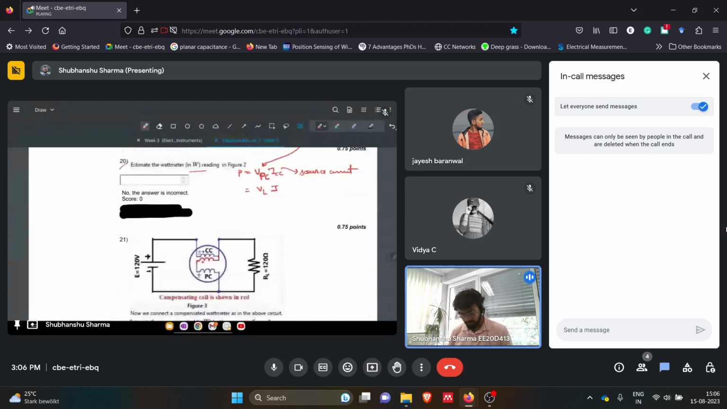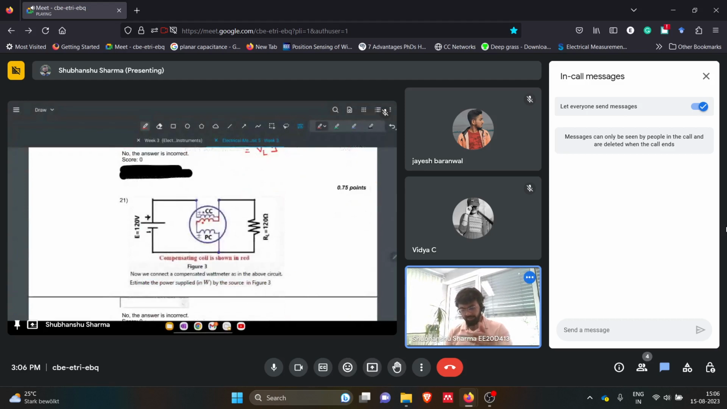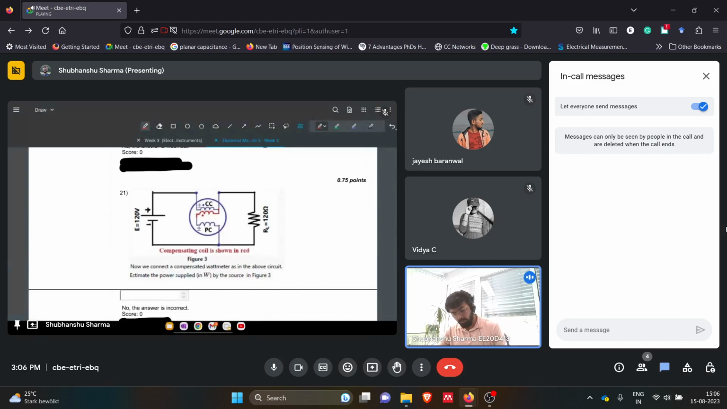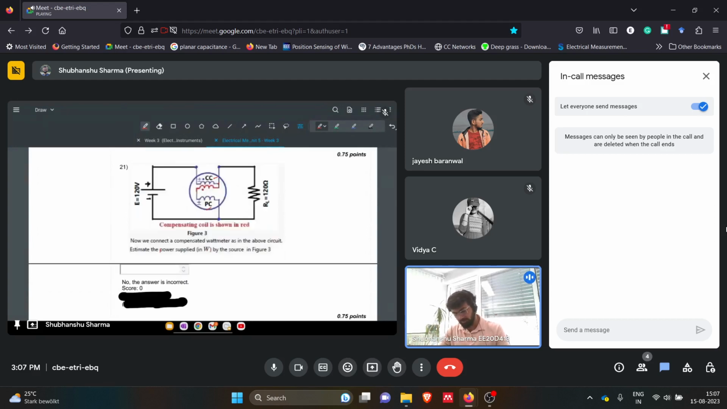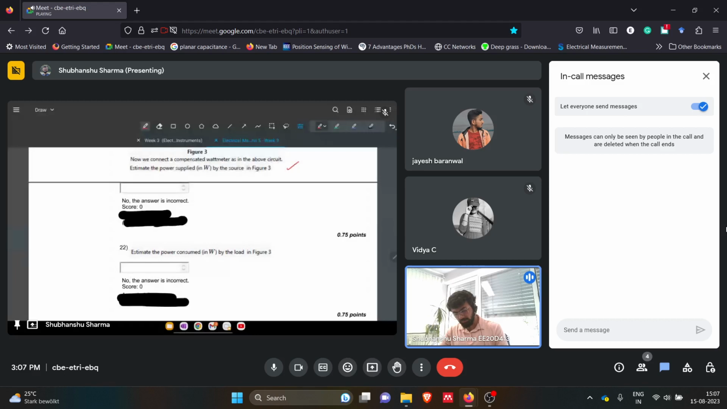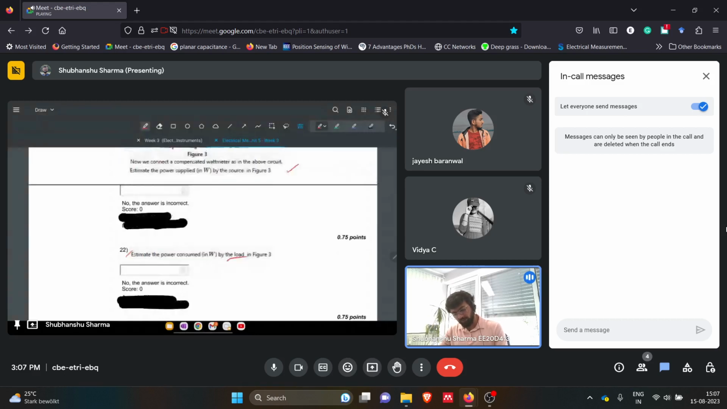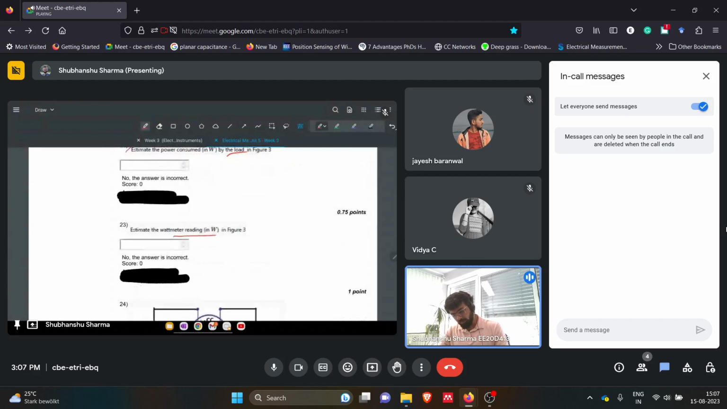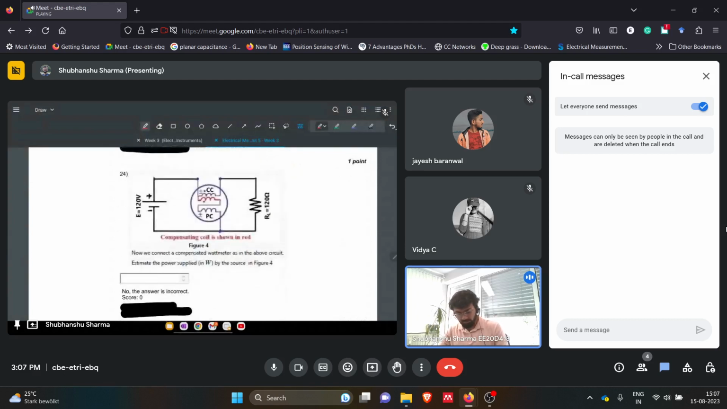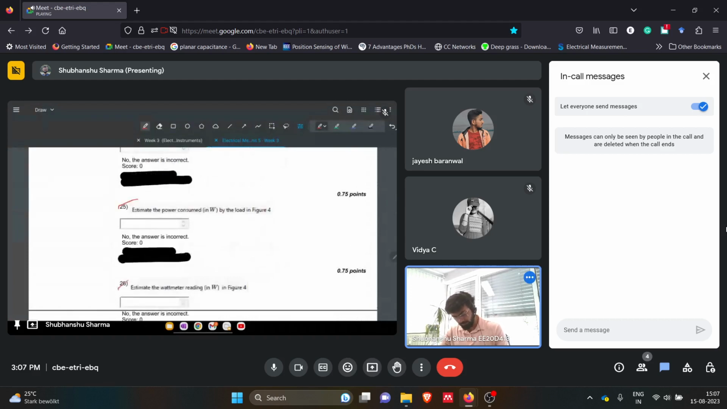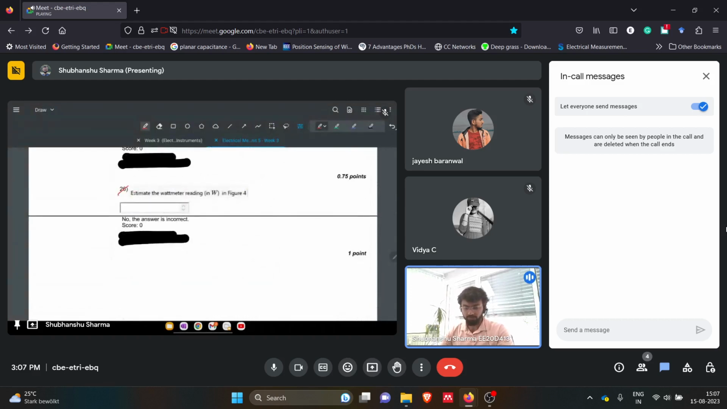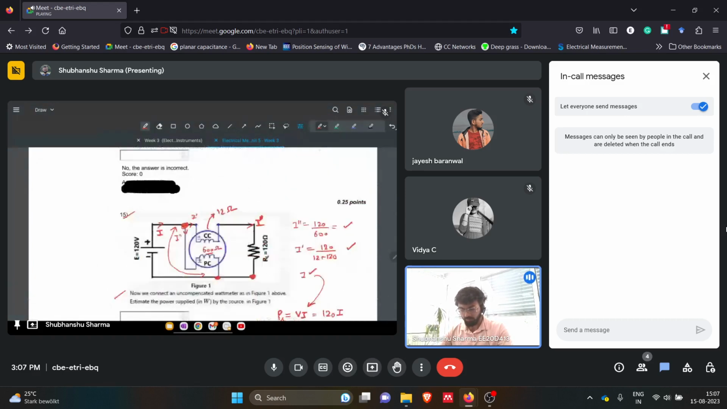You can solve these questions. And now they added one compensating coil in that, and they are asking the same set of questions. So we have the pressure coil, the current coil, and the compensating coil, and you can approach it similarly as in the previous questions and get the answers for these also. This is again the power consumed by the load, power consumed by the source, and wattmeter readings. Then they change this thing, and I think this will be fine. If you have any questions in this, then we can go through that. Otherwise I will